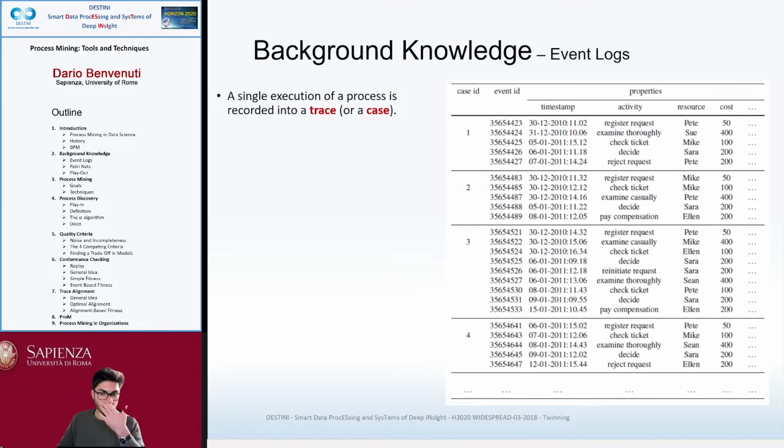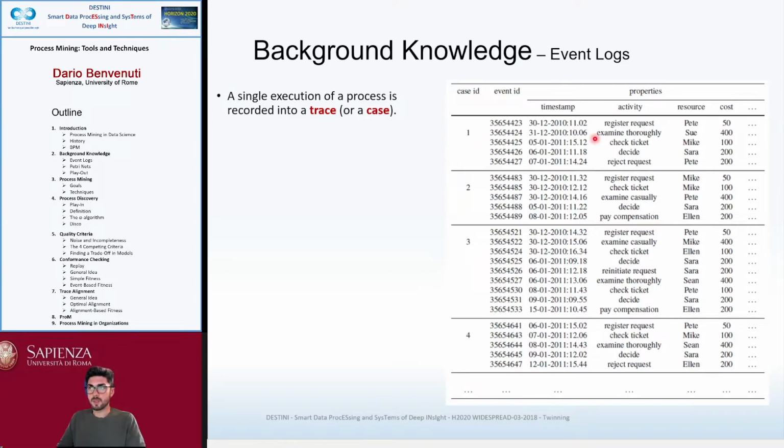So now we will look at some background knowledge that is required to be able to understand process mining, and we will start by looking at event logs. It's something quite important since process mining is based on analyzing logs, and we need to use a particular kind of logs, event logs. Here in the picture you can see a quite standard example of an event log, in which we have different traces,